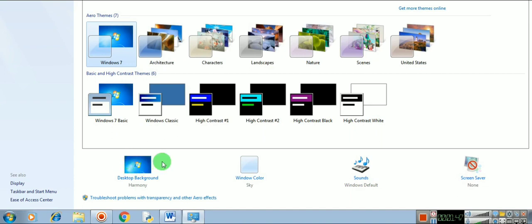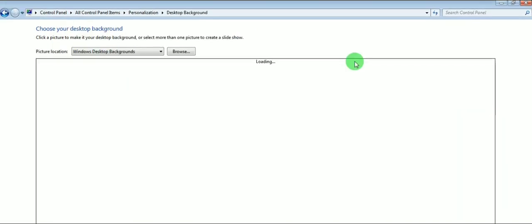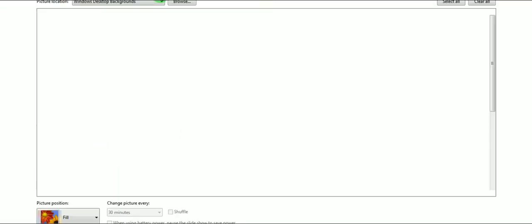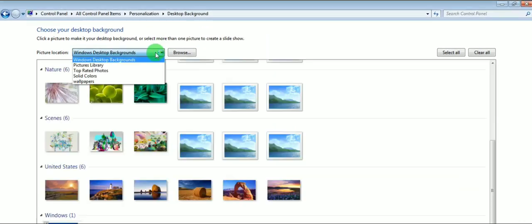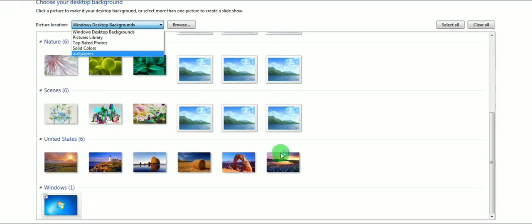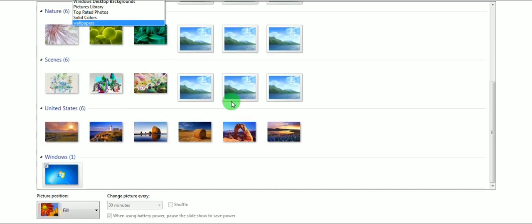You can see this is my desktop background as you have seen earlier. Now I will click here, desktop background. Now you can see the various pictures that I can select for my desktop background. Which background do I want to choose?